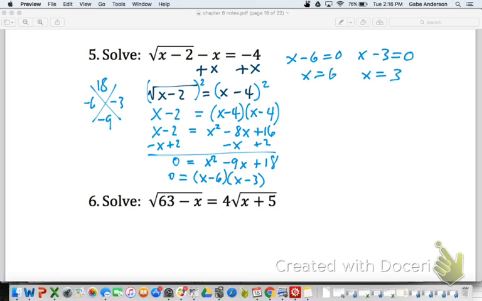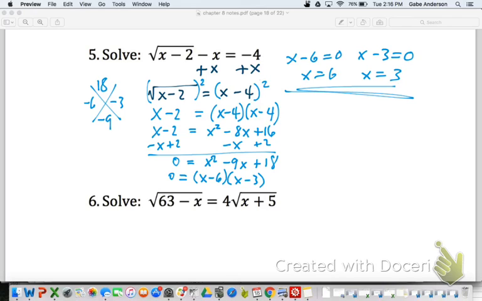So here's the challenge. Guys, we got about 2 minutes. The challenge is this. Do both of those answers work? Does one of them work? Or do neither of them work? How do you know? You got to check them. So let's check them. If I try out the 6,